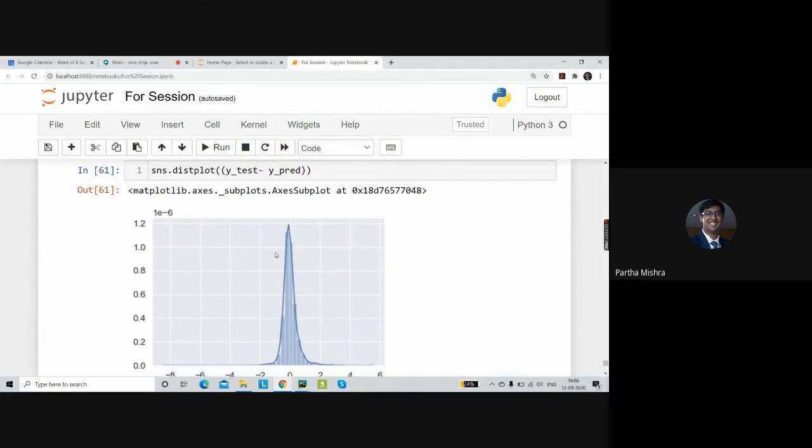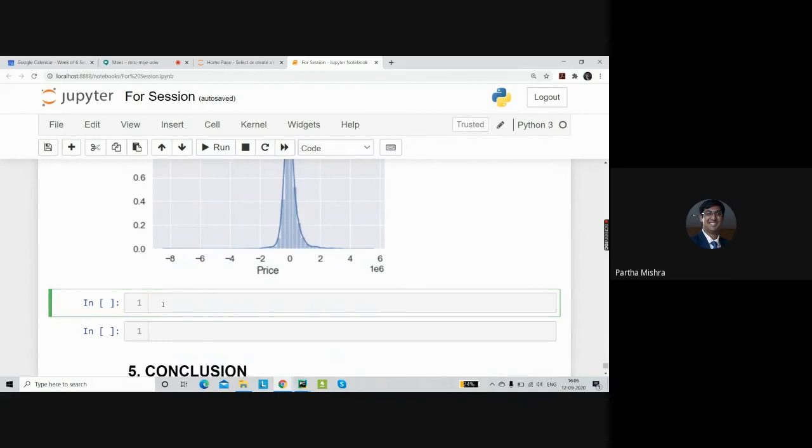Now coming to the main thing, the main question is what exactly is the equation that the system has come up with. For that we can put this information into another separate data frame.